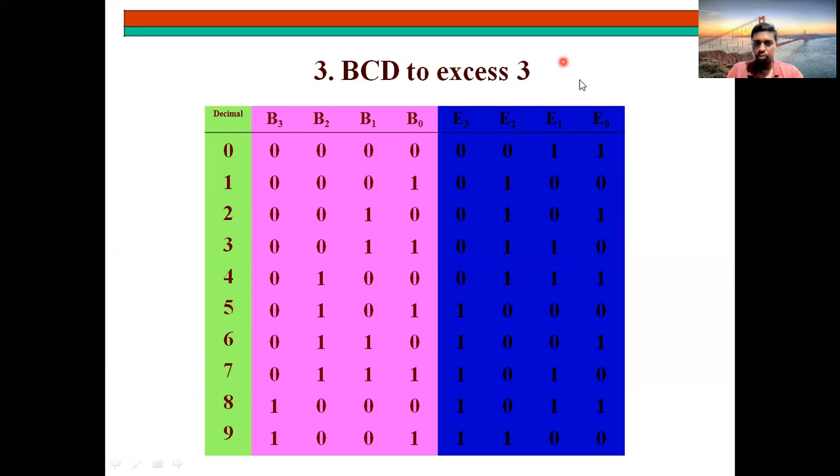So starting from here, what are the answers you should write here? This is the answer for 3, 0 plus 3 equal to 3. This is the answer for 4. This is the answer for 5. Then it will continue as it is. Why? Because XS3 code is a sequential code. Once you start with 3, then you can write in sequence directly: 3, 4, 5, 6. XS3 code is a sequential code, as you know already. So directly you can write the continuation 8, and here you can write 9.